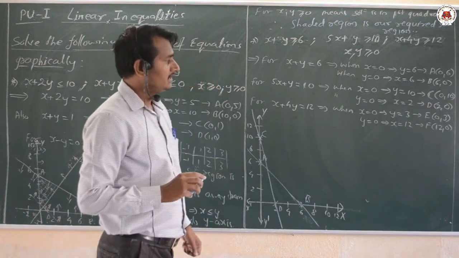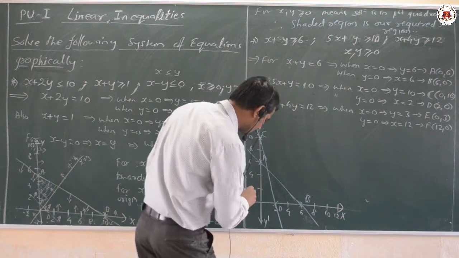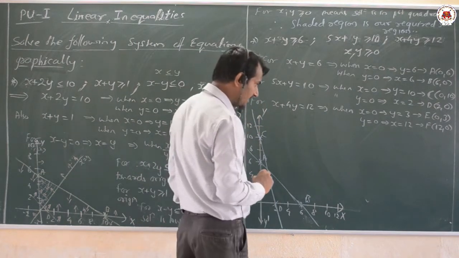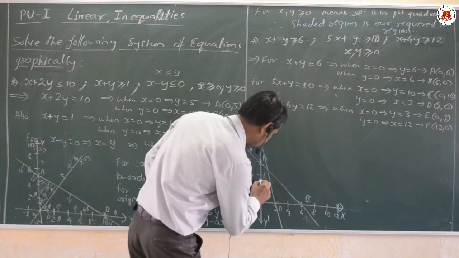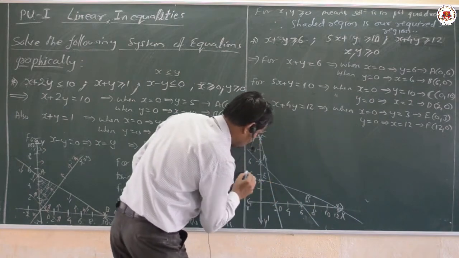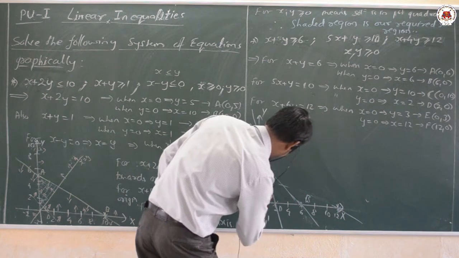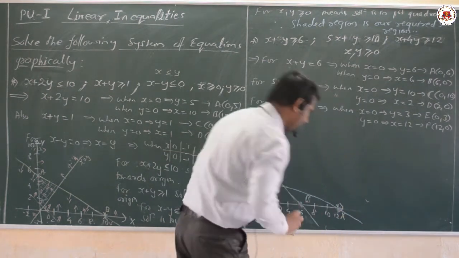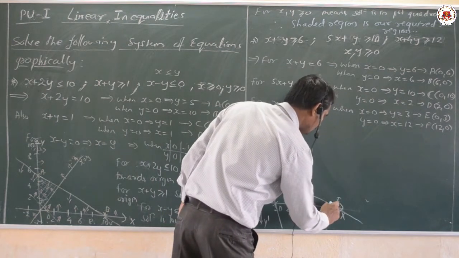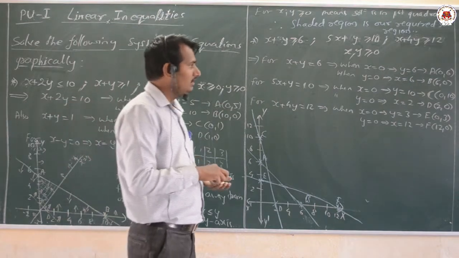Then comes our EF. What is E? That is (0, 3). That is nothing but our E point, as well as F point, that is (12, 0) here. Okay, dear students, so here I will write on the points, that is E and F point. You do not have to draw a very neat diagram in your graph theory. You can make use of a scale and everything. Now we shall write on the solution here.